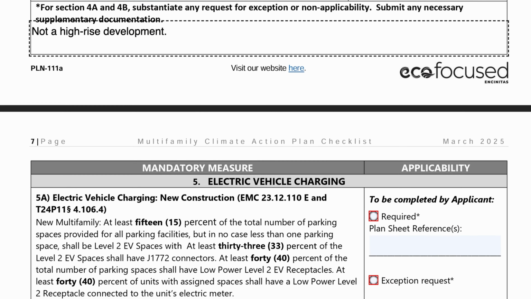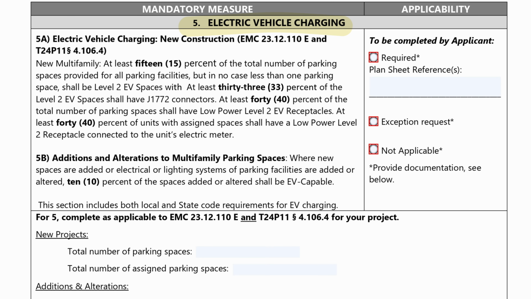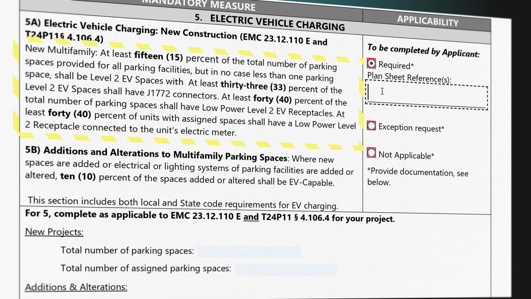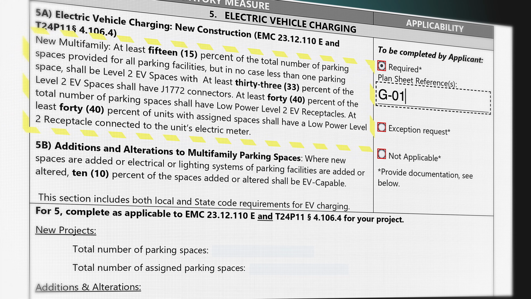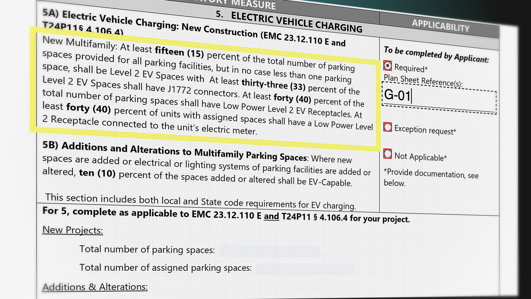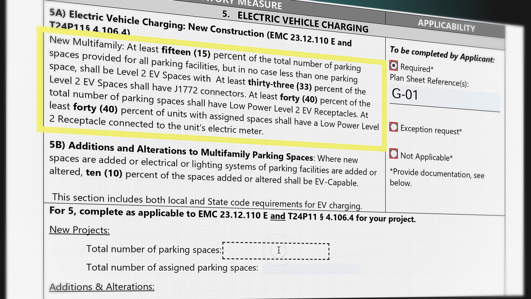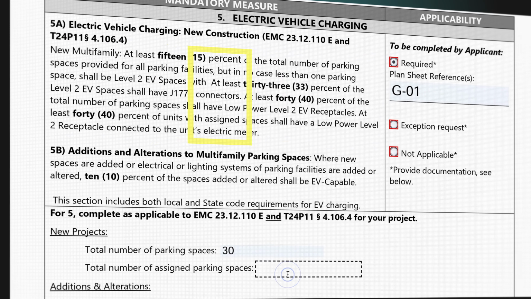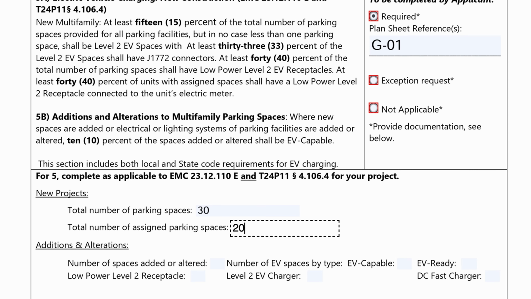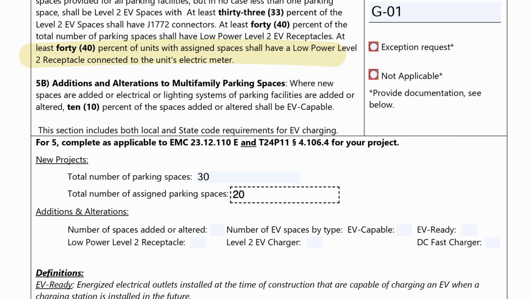Section 5, Electric Vehicle Charging, specifies the requirements for EV charging stations in new buildings as well as additions and alterations. For new construction, at least 15% of the total number of parking spaces must have Level 2 EV chargers, and at least 40% of the total number of parking spaces must have low-power Level 2 receptacles, which are receptacles on a 240-volt, 20-amp circuit. Finally, at least 40% of the spaces assigned to individual dwelling units must have low-power Level 2 receptacles connected to